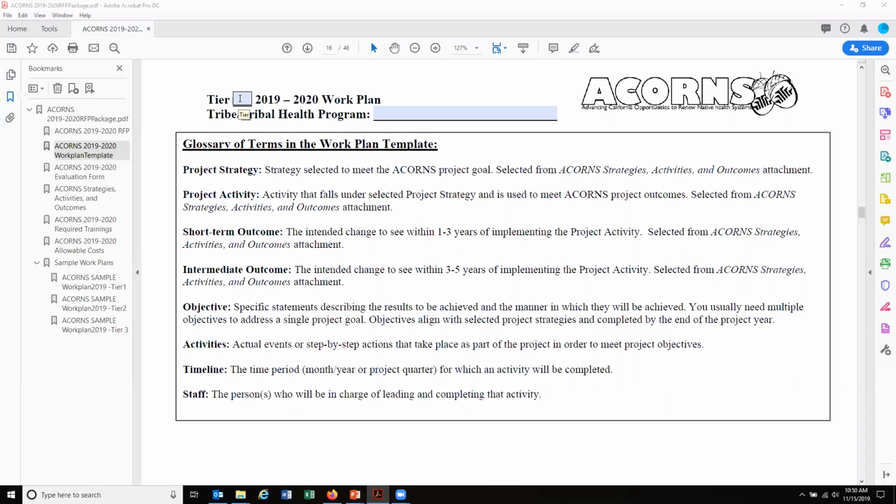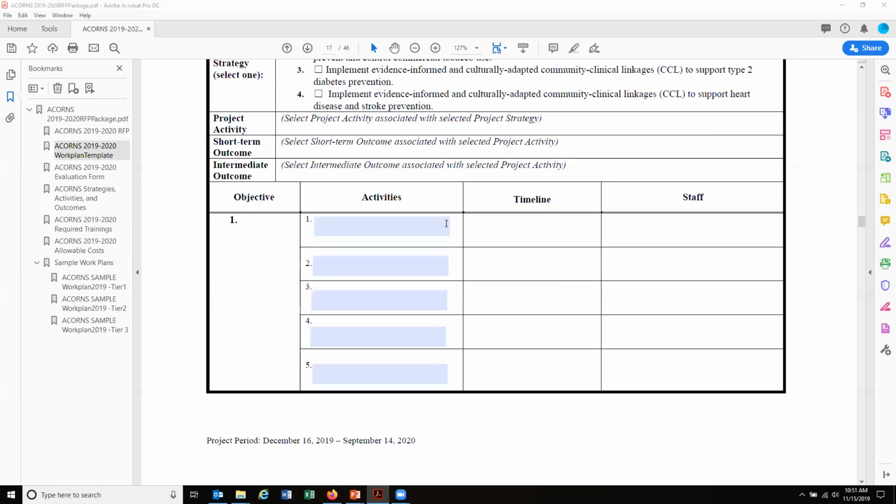Here is where you'll put your tier number, and then please write the name of the tribe or the tribal health program that you're applying on behalf of in this section. So this first page, you won't fill anything out except for your tier and your tribal health program. You'll then move down to the first page,